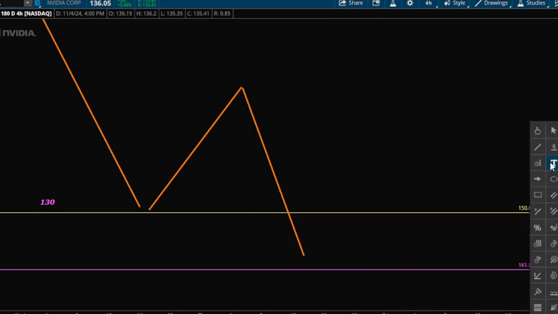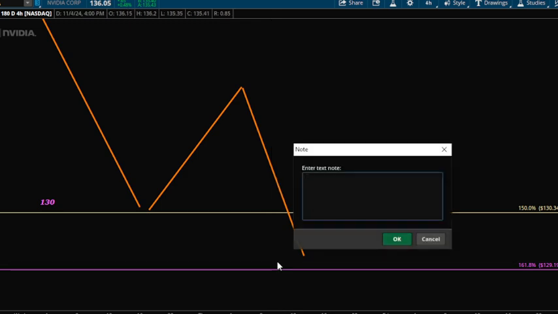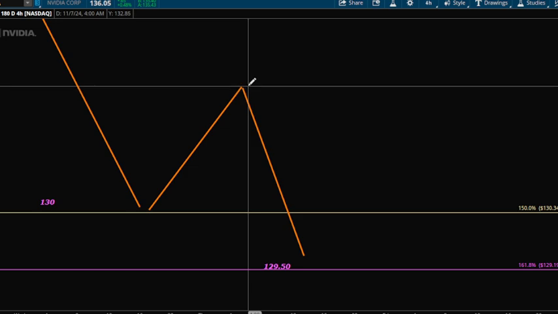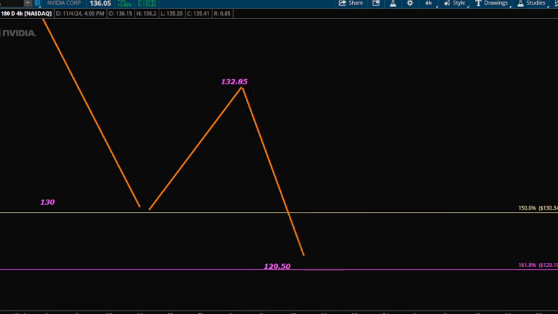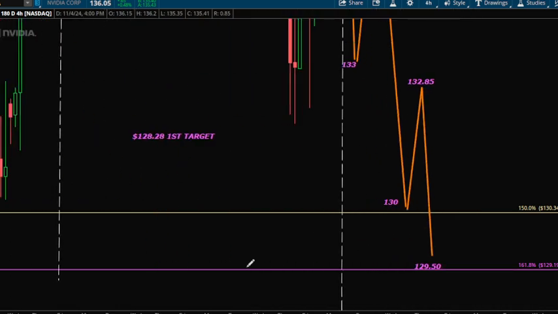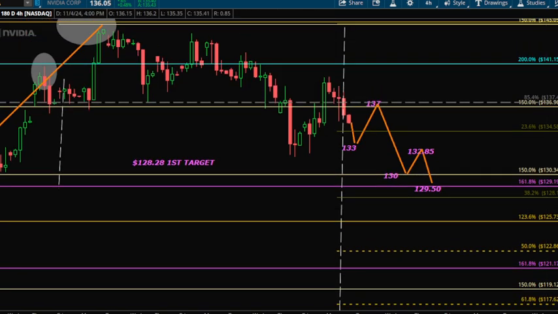So let's just write in a few more prices. 129.35 or just 129.50. Let's do 129.50. This one up here was 132.85. Oops. 132.85. And then let's see here, is that, so that would be,